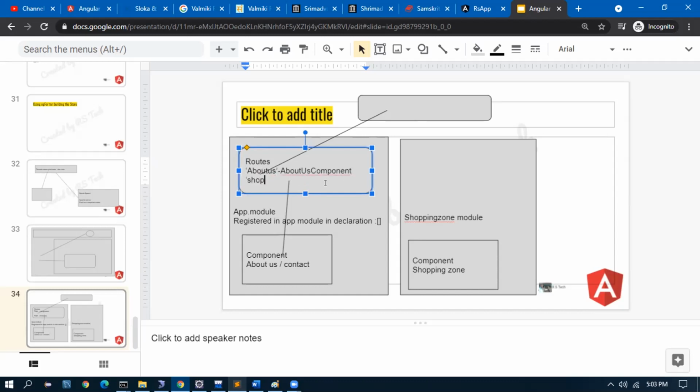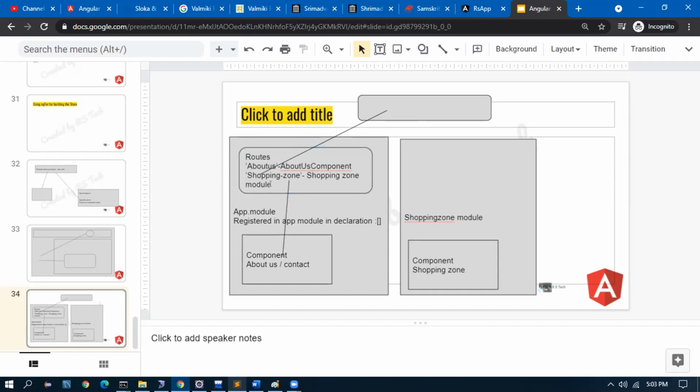The second case, shopping zone, is going to the shopping zone module. It is not going to the app module. The app module knows only about the about us component.